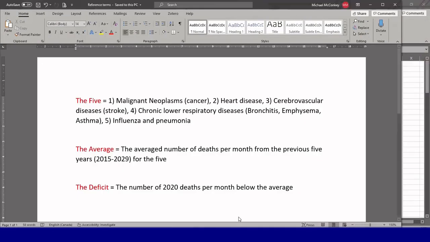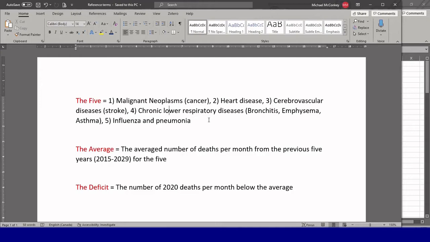Now, in the interest of clarifying some nomenclature, just so I can make it simpler as I go on and I'm not tripping over my words too much, these 5, which you see highlighted here, were the 5 that I just showed you that I have listed on the Excel table. I'm just going to call them the 5. You can see some of them are groups, like bronchitis, emphysema, and asthma, and influenza and pneumonia, so technically there's more than 5 things here. And I guess there's different kinds of cancers too, but whatever. I'm just calling these the 5, just for simplicity.